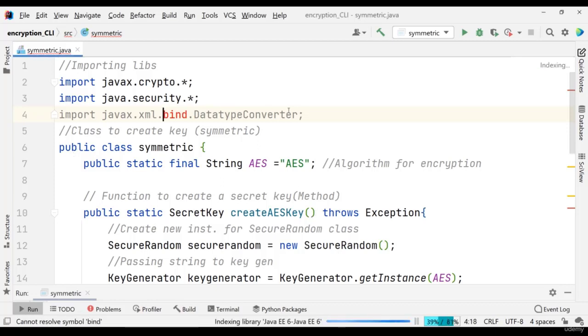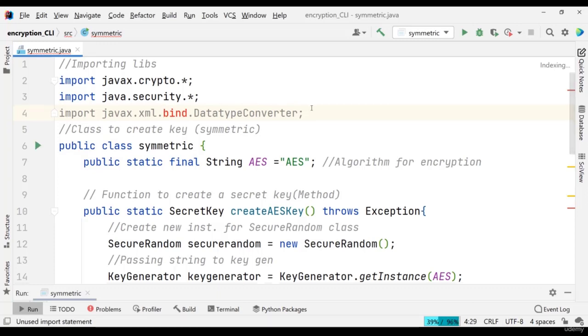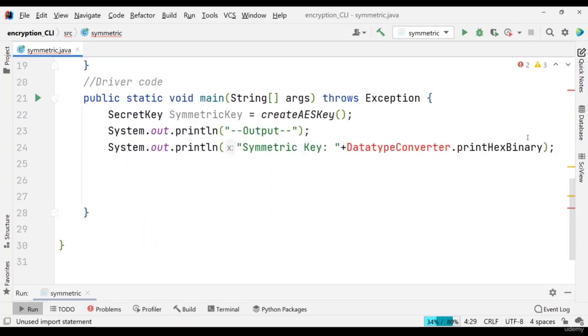It will automatically index that part. So wait for some time to develop this. Why we require this, I will tell you, because that's a simple thing I created, but I need to mention